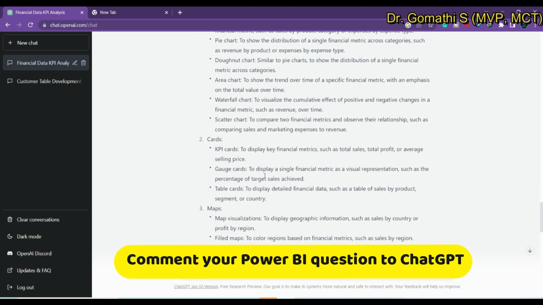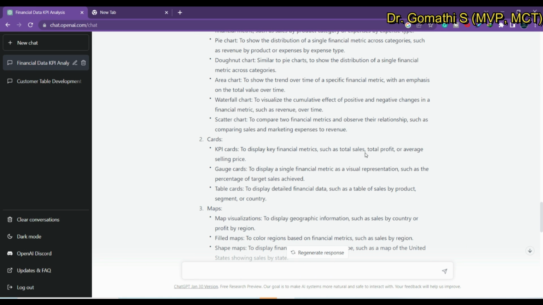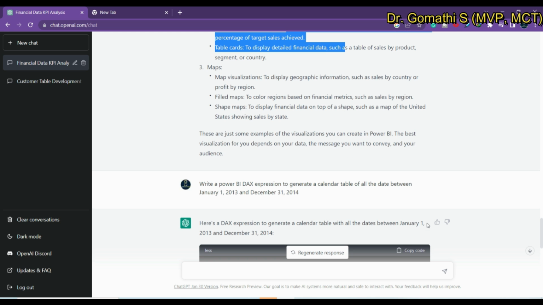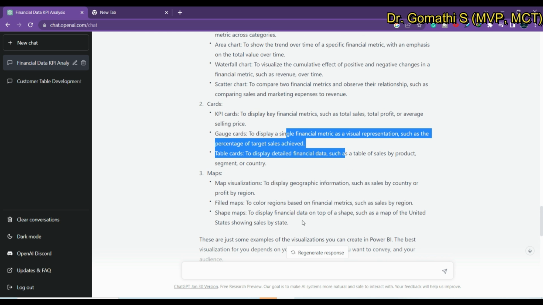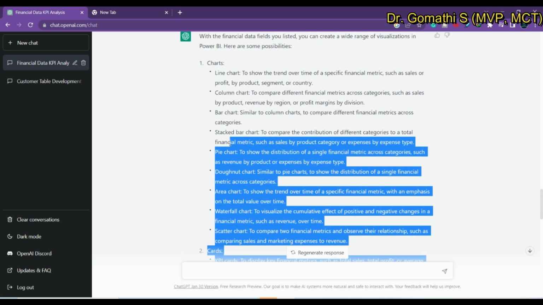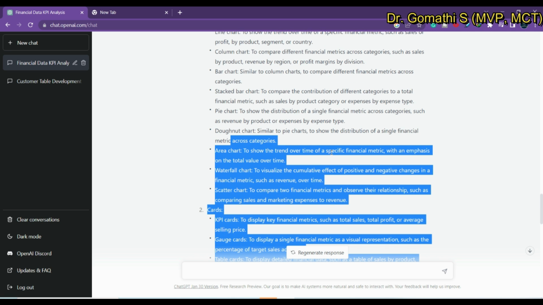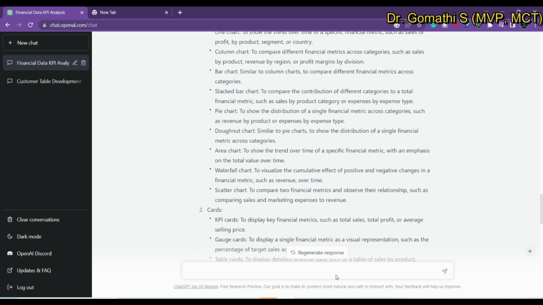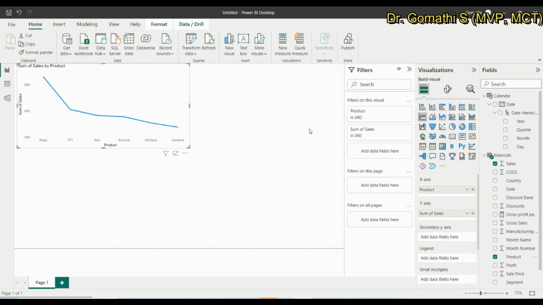In the card, what you can use is total sales, total profit, and average selling price, gauge card, and everything. It is clearly telling you what the possible charts are which you can create. Okay, the last question which I wish to ask this particular ChatGPT